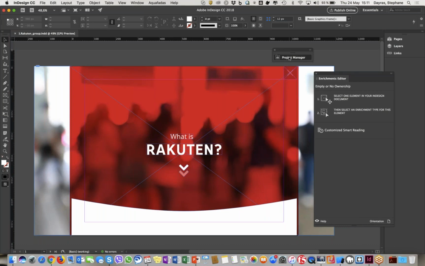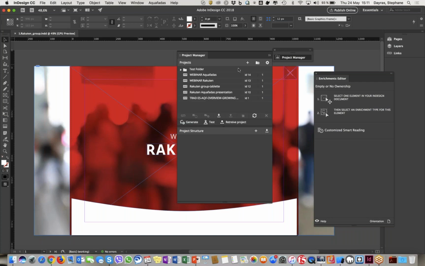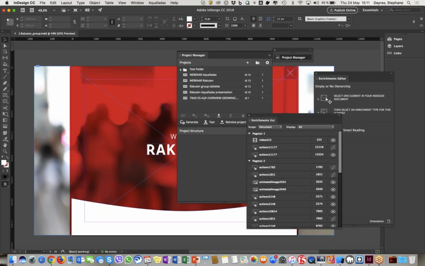All right. And let me open it a bit more. Sorry, I closed it, so let me reopen it. Yeah, so this is the project. Now you get the second enrichment editor, but also the third palette. Maybe if you used it before, the enrichments list palette was the first one to be updated in HTML5, complying with the new Adobe development language. So this one didn't change because it was already built for HTML5 compliancy.